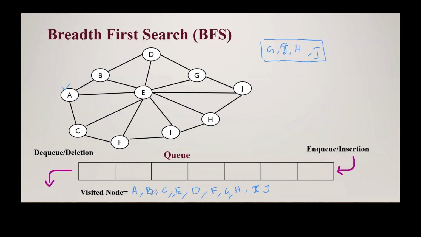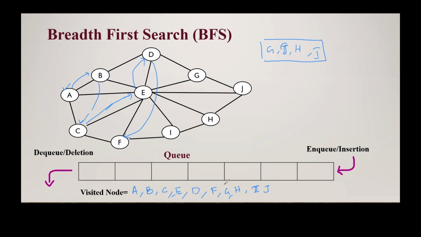So this is the traversal. Means A to B, B to E, E to D, D to F, G, then H, then I, J. So how is it traversing? A to B, B to C, then C to E, then E to D, then D to